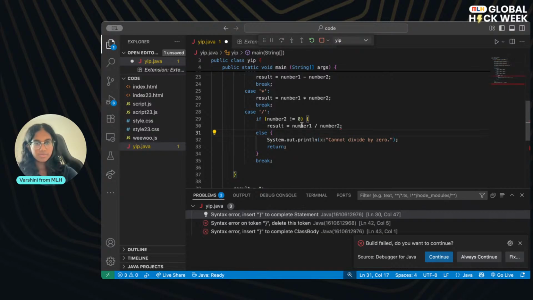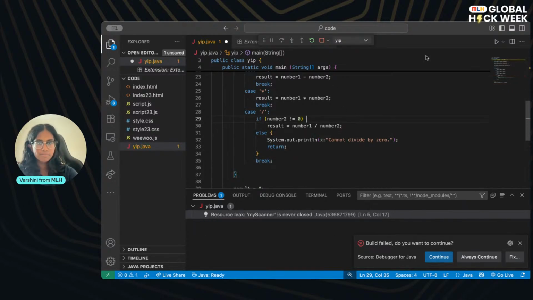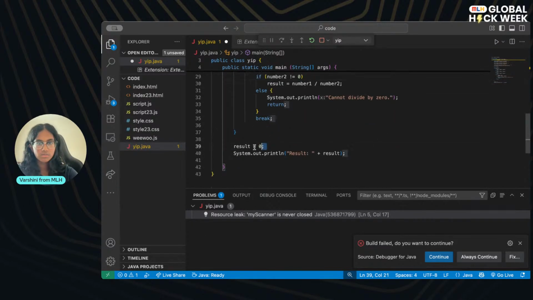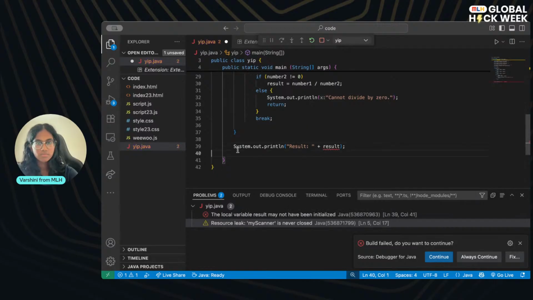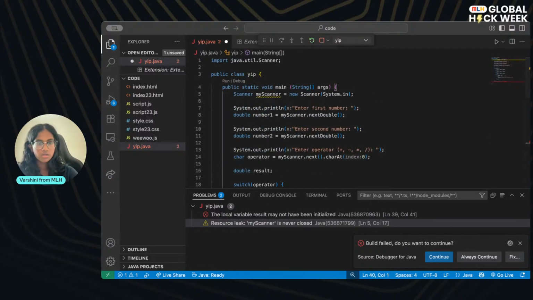Actually, let me just release that. Yeah, it's just because I didn't declare it. So let me declare that. So this is just a quick debug. If the user enters an invalid operator, then you're going to have a problem. So you're going to want your user to do that properly.